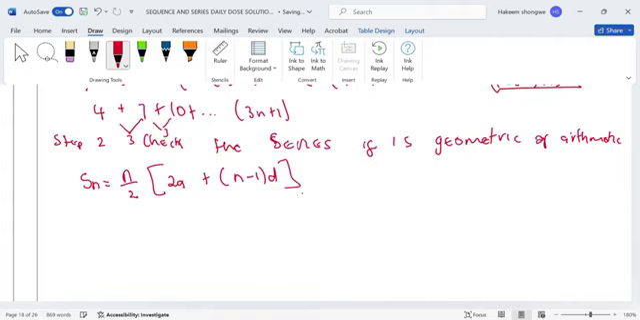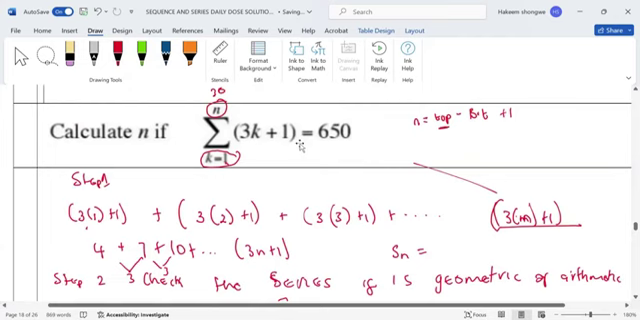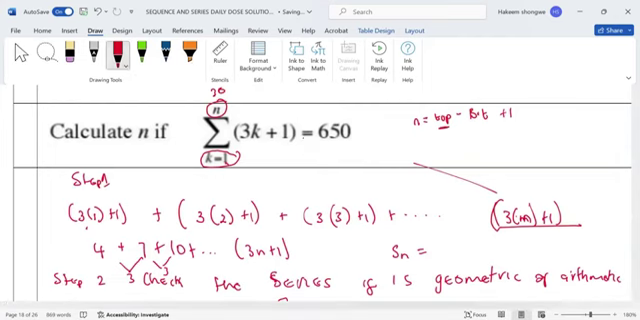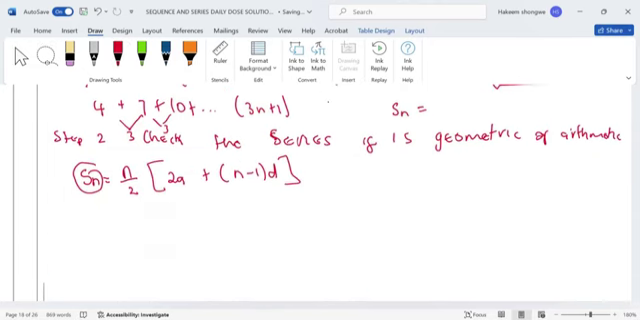Okay? Now, we have Sn. We know what Sn is. Again, you see, they said the sum of the following series is going to be equal to what? 650. So if you see equals to, it means put the sum. Instead of Sn, what are we going to put there? You put 650,